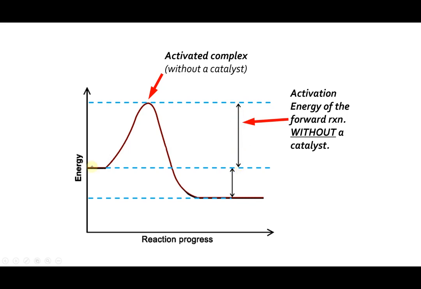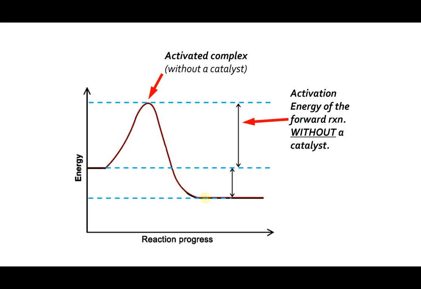So if I'm following through this curve from left to right, I have to go way up to the top of this hill and add in all that energy just to get to this tipping point where I now have a 50-50 chance of the reaction being successful. And so all that energy from the reactant starting position to the top of the hill is represented by this tall arrow off to the right here. All right, and then down the other side,